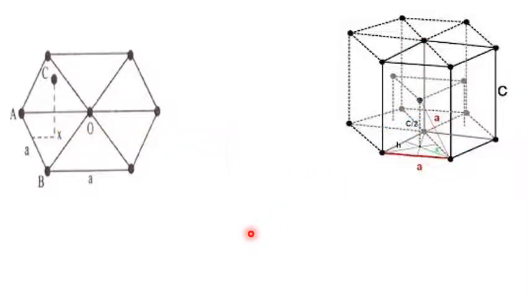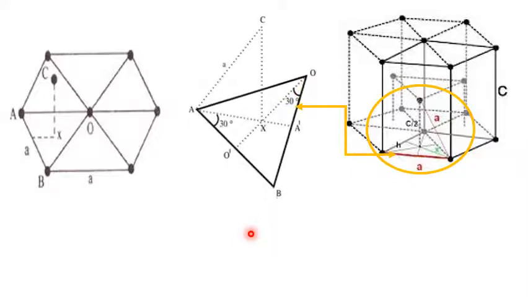Again, to see that clearly, we can take one triangle, just one triangle, that is ABO. This is a median which you are going to drop here, and this is the atom which is similar to here. Okay, so C to the x is nothing but C by 2. So this height from here to here is nothing but C by 2, half of the height of the hexagon.